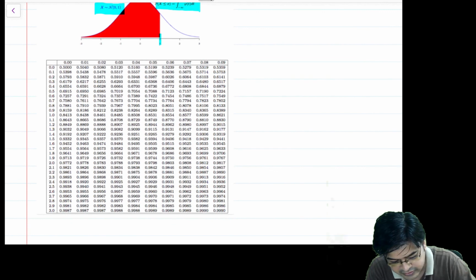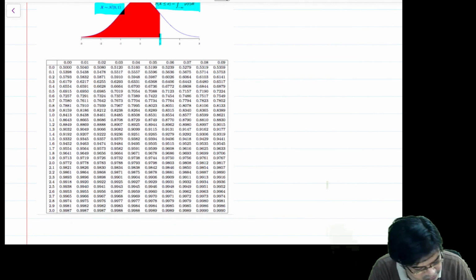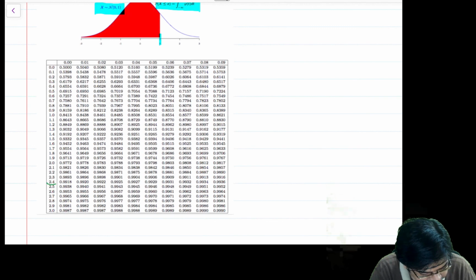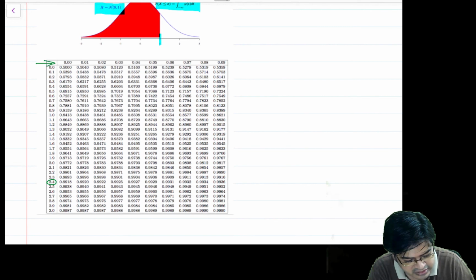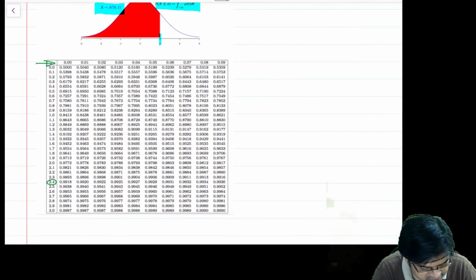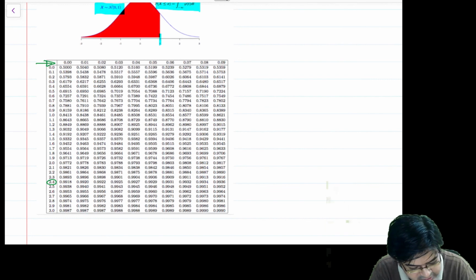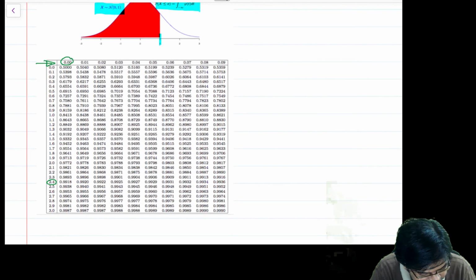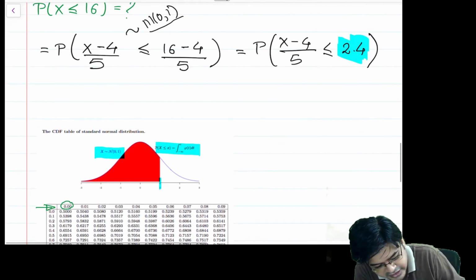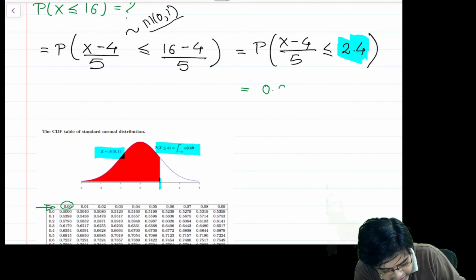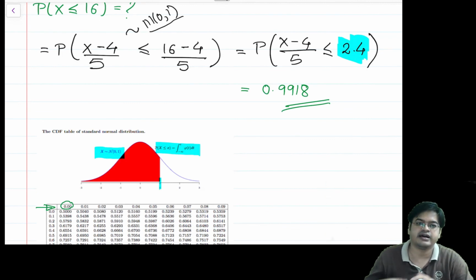So let us go here and see where the point 2.4 lies. Let me use some different color. Here is a point 2.4. If it is in 2 decimals, you have to look at this particular row and then come to the table. In this case, this particular row becomes this because it doesn't have any other decimals. So 2.4, this, the probability is 0.9918. So what is the probability of this event? 0.9918. This is how you will see the normal table and verify.